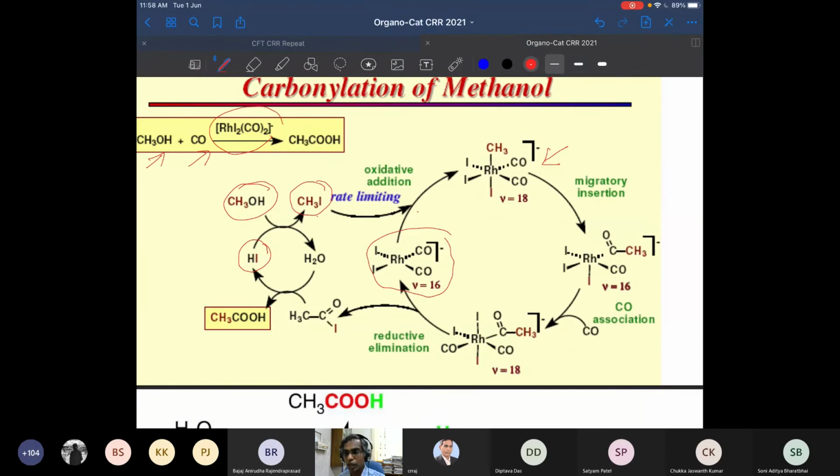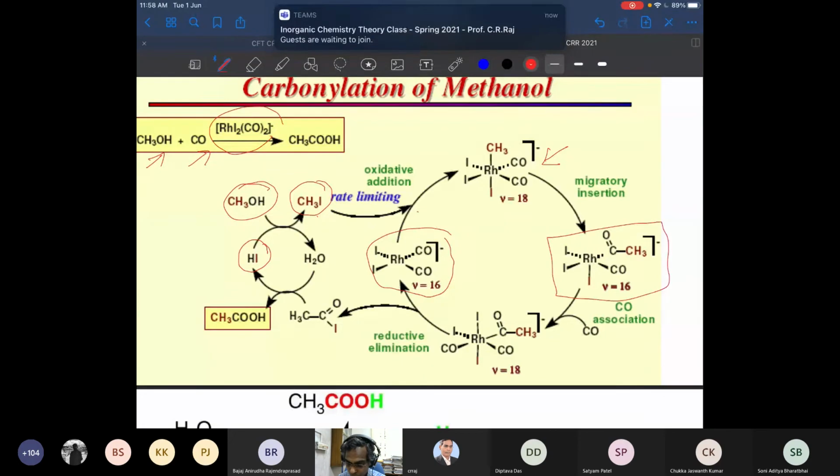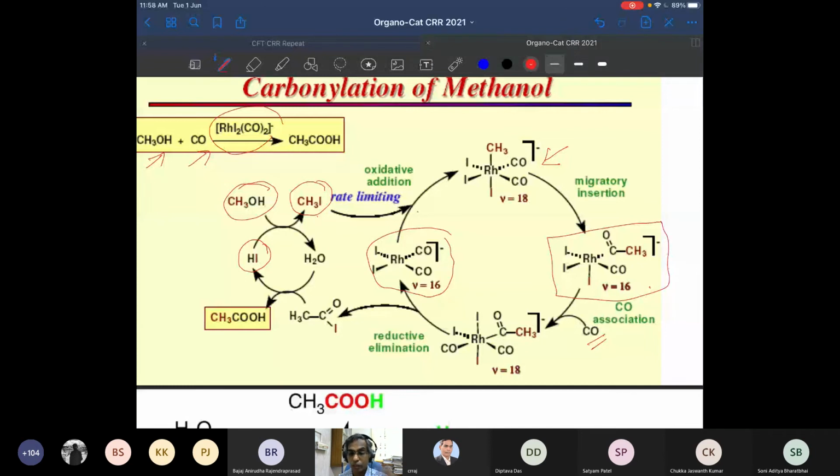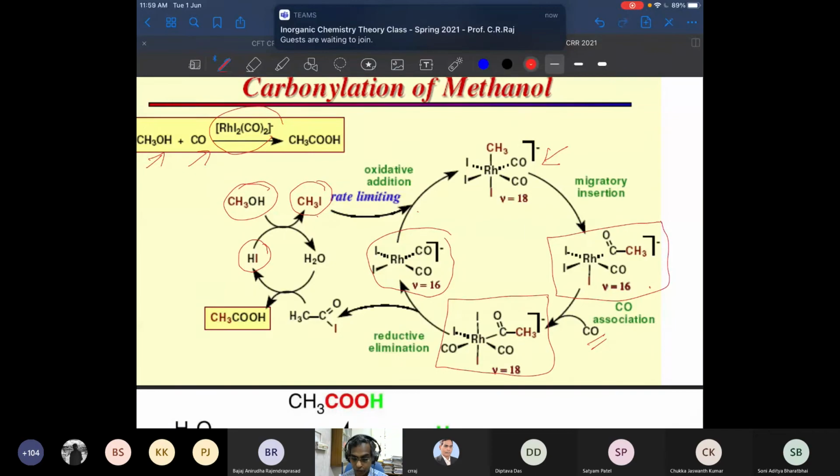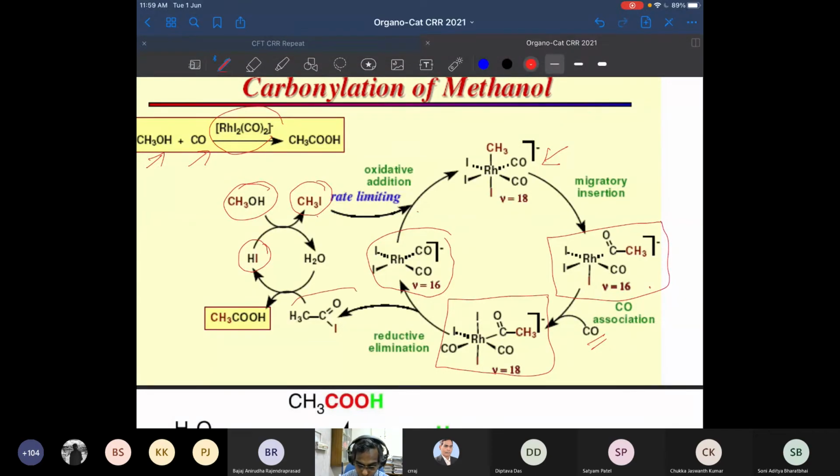that is your carbonyl insertion or alkyl migration, right? It goes here. Now this is the migratorily inserted product, 16 electron. Now this carbon monoxide is mandatory because we talk about carbonylation, right? There we need a hydrogen. Here we need the carbonyl ligand, carbonylation. This associates, and you get your 18 electron species. Then your reductive elimination produces the acyl complex, right? Which undergoes hydrolysis in the presence of water, gives you acetic acid, and regenerates your hydrogen iodide and your original complex that you have used in the